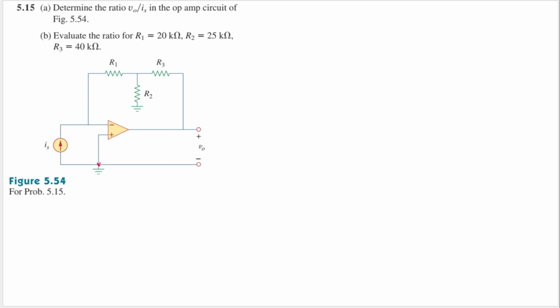This is our ground, so the voltage here will be 0. And also if we name this node here as VA, I think we will have VA is equal to 0 because of the properties of the ideal op-amp. Okay, that is for VA. And now we can do KCL at VA, and the sum of the current that goes in will equal the sum of the current that goes out, right?